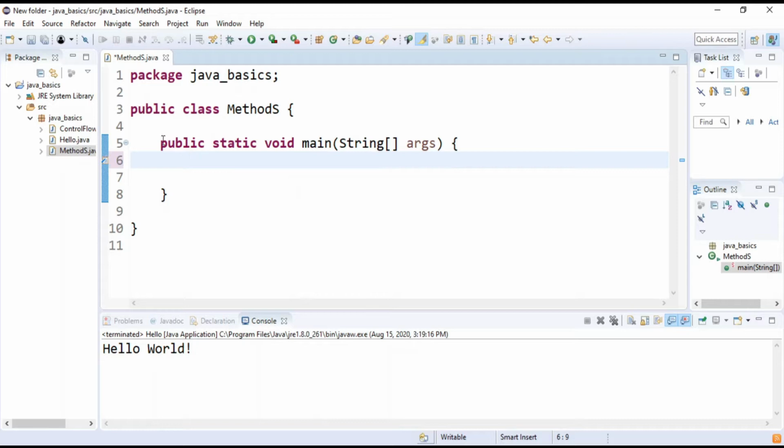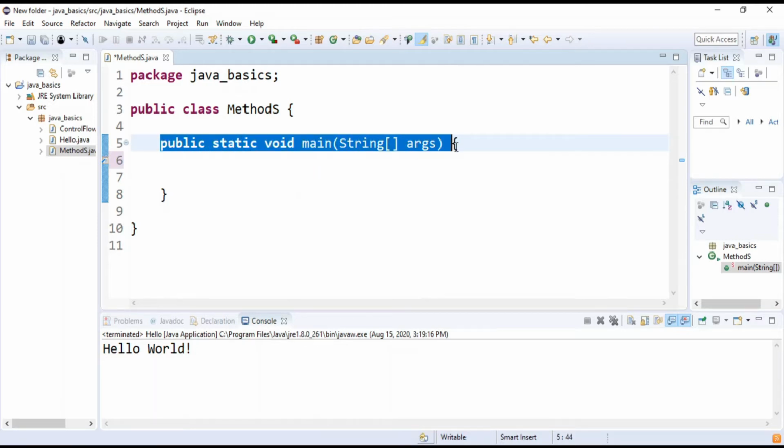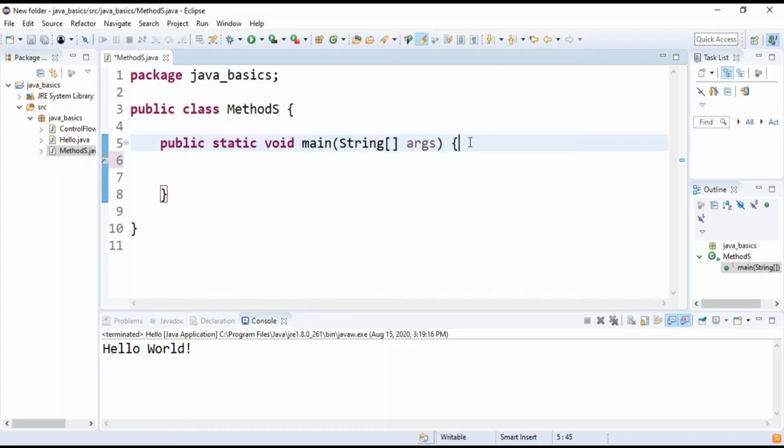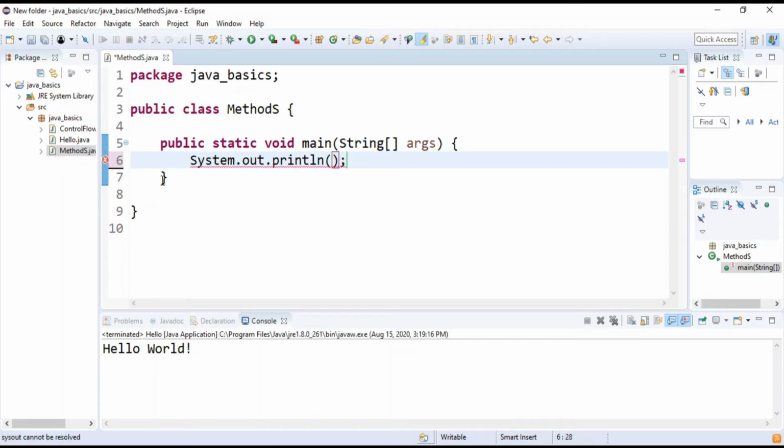Now this public static void main function is also a method, but we will talk about this main function in the further videos. Now we will see some methods like this. Here, this println is a function or a method in Java.